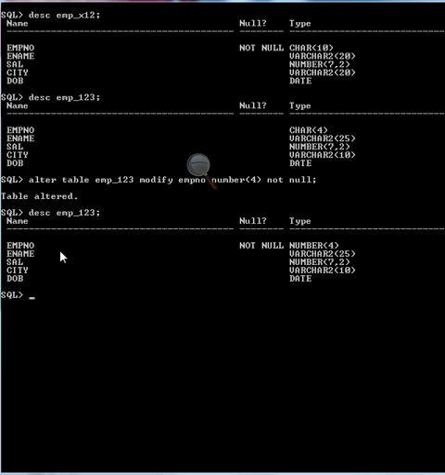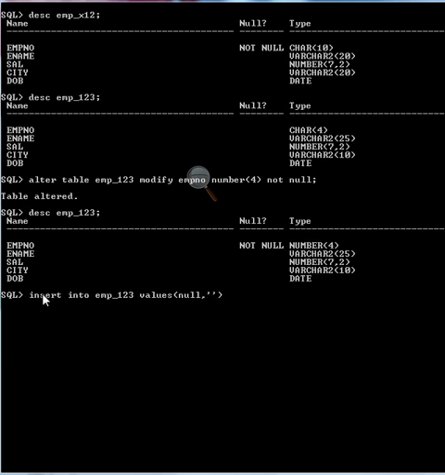Okay, let's try to insert into EMP_123 values, EMP number, try to insert a null value, comma, ename is varchar2.